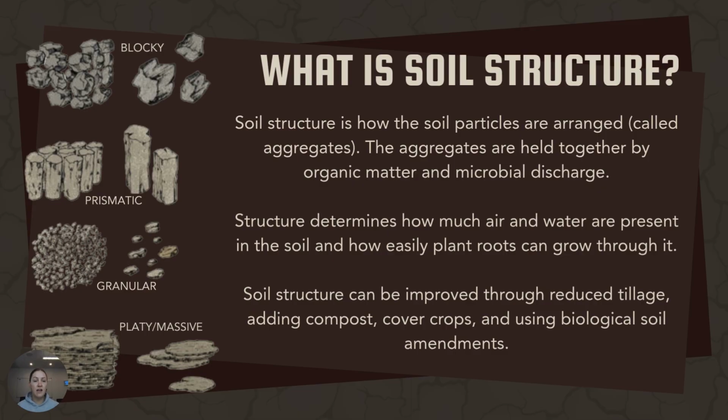You can see on the left-hand side of the screen there are 4 different soil structure types. There's blocky, prismatic, granular, and platy or massive. Prismatic and granular are kind of the best, quote unquote, soil structures that you can have for water movement, root growth, all of that good stuff. Soils with a platy or massive or blocky structure usually have poor water infiltration and can be a result of compaction and tillage. Granular soils don't have many aggregates and tend to have a little bit of a higher erosion